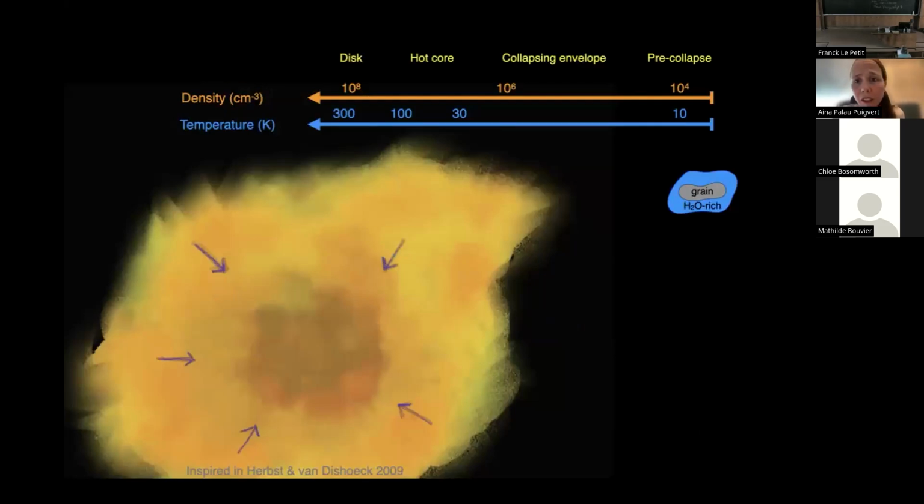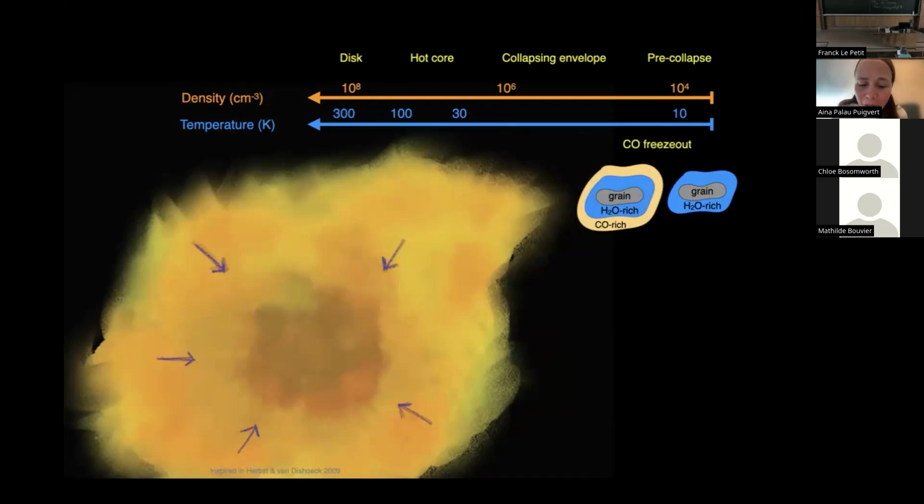We think, and I'll be very brief here, this sketch is inspired by the Herbst and van Dishoeck cartoon in the review. We think that this very rich chemistry arises because as the dust grains move from the outskirts of the dense pre-stellar core towards the center as the collapse proceeds, it progressively moves from cold parts of the core towards hotter parts. So at the beginning, there's the dust grain with a mantle